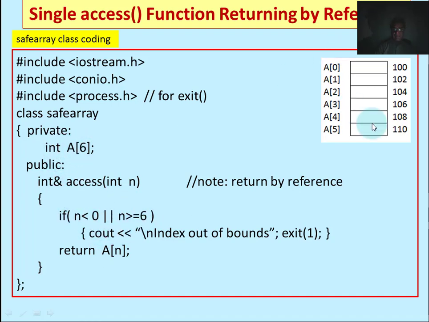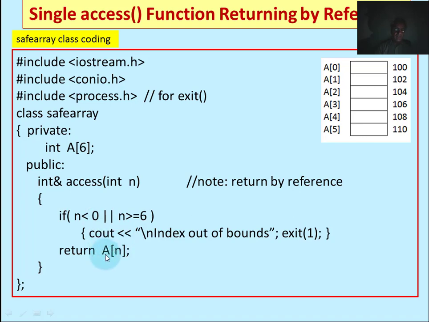The same array. This is the memory of our class, which the class will assign to each of its objects. This is int and is the address. The address of an integer memory location will be returned. Access is the name of the function. It will get the index and check whether the index is out of bound or not. If it is less than 0 or greater than 6, it will be out of bound, then it will display the message. Otherwise, it will return the value.